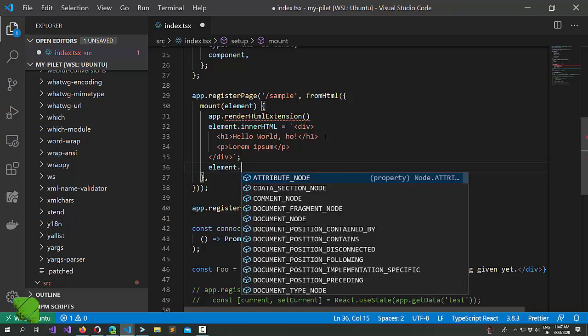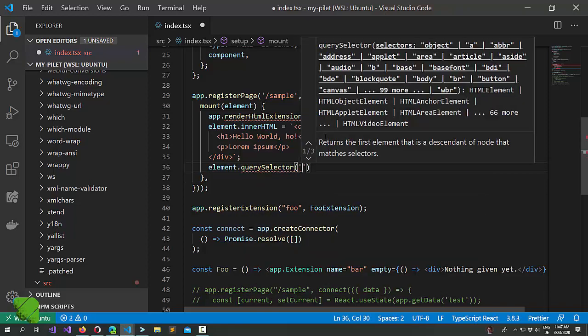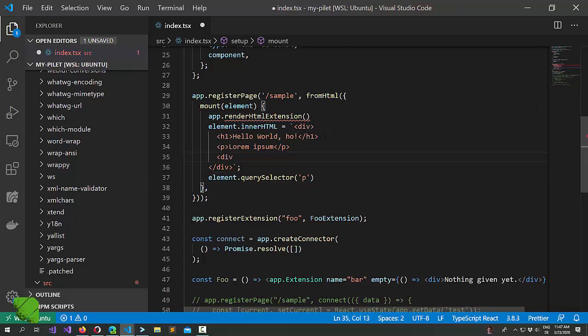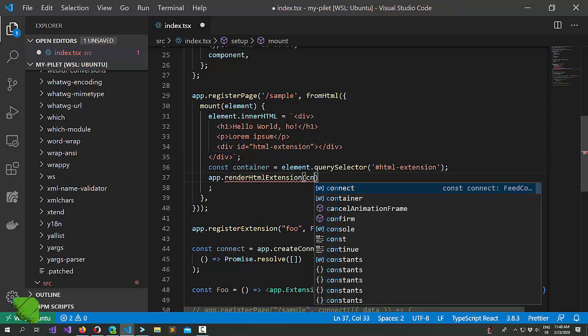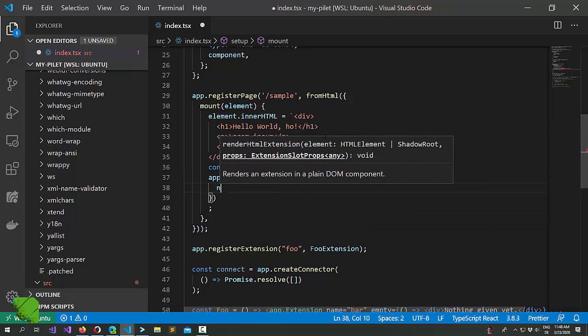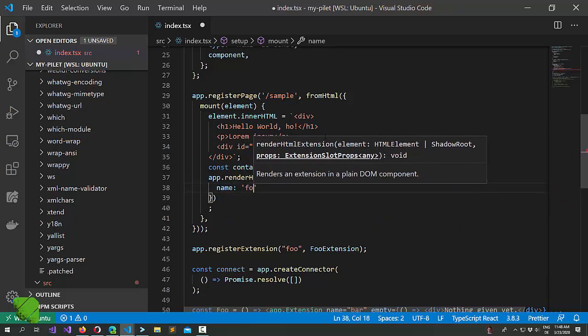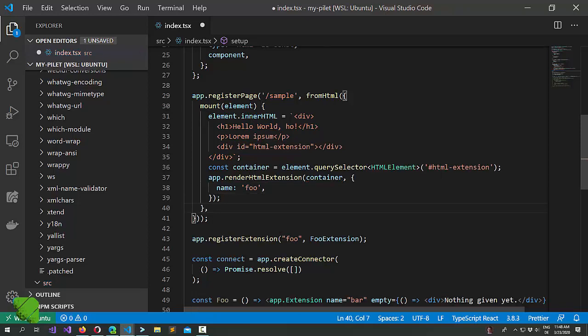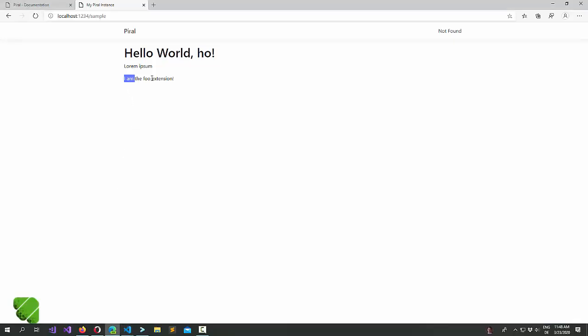So element query selector. Let's say we want to append it in here, and we give this maybe an ID. Let's call this the container. Let's put it in the container, and then we need some options. At least we need to have the name, which is foo. Alright, let's just do this, and here we have the I'm the foo extension, and now this is coming from